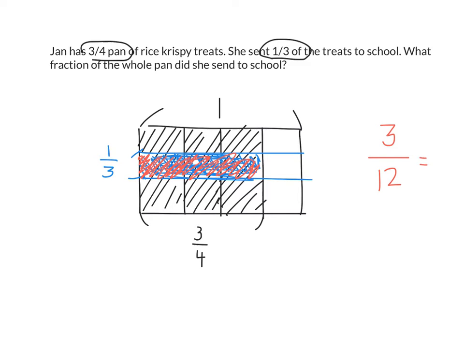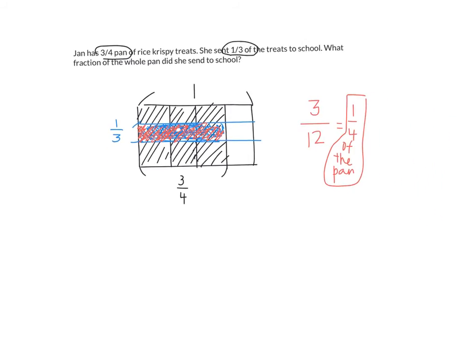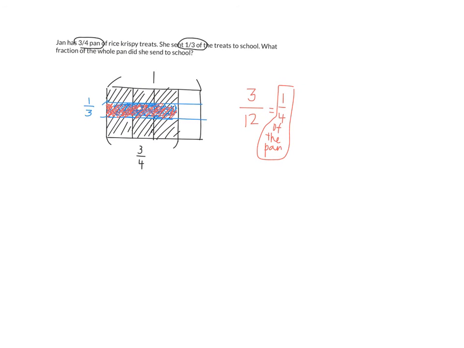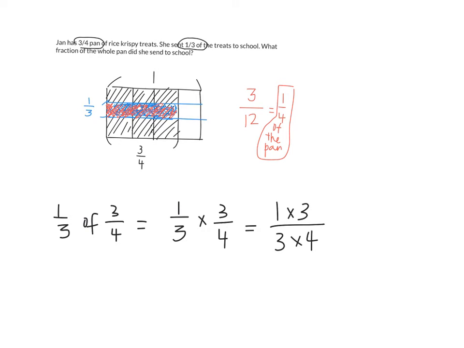Okay, 3/12 can be simplified into 1/4 of the whole pan. Very good. It's not 1/4 of what she made. It's 1/3 of what she made, right? But it's 1/4 of the whole pan. Let's use numbers to confirm. She had 3/4 of a pan, but she's sending 1/3 of it. So that's equal to 1/3 times 3/4, which is 1 times 3 over 3 times 4,